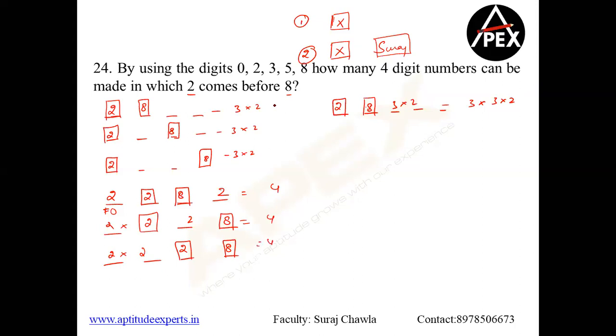So what do we have? We have 3, 6, 18 and 3 4s are 12. So 18 plus 12, your answer is going to be 30. At least I'm happy that the number of 30s are a lot in this question. So as I said, once we keep on moving further, our ideas will keep on becoming fine. Clear? So please do not consider a case where 8 is not present and 2 is present.